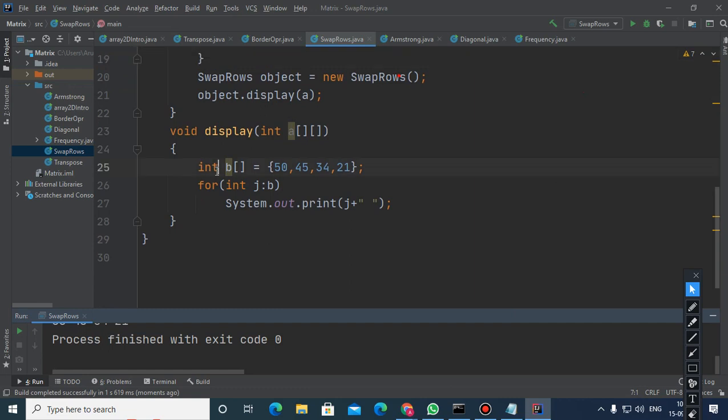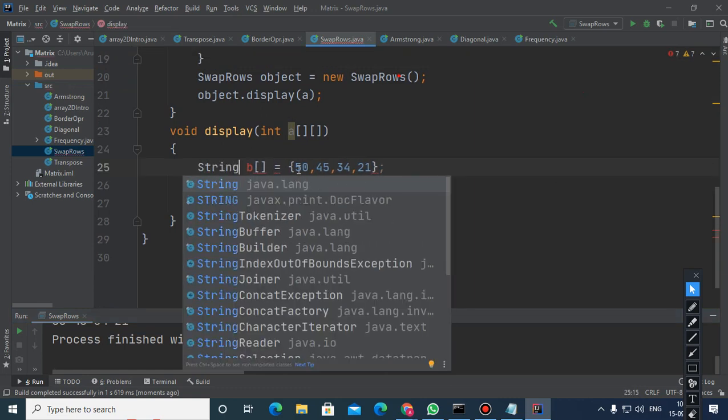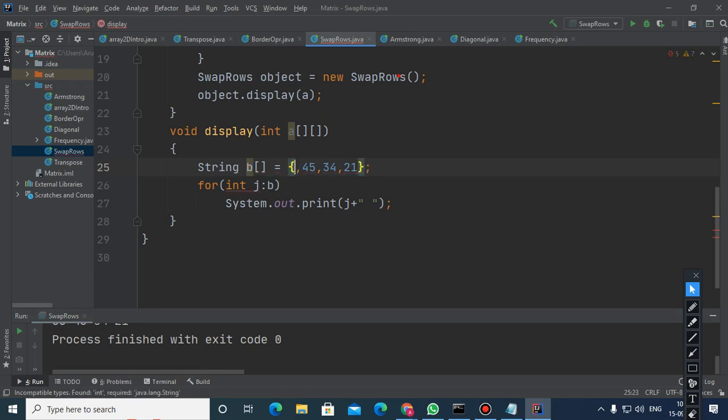And even if you change this, suppose it is a string and the values are Sajal, Ravi, Vinith, Prakash.